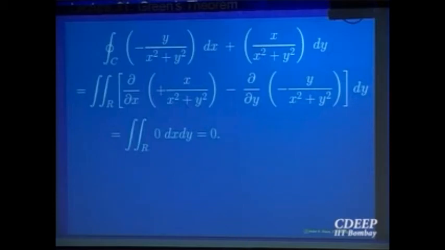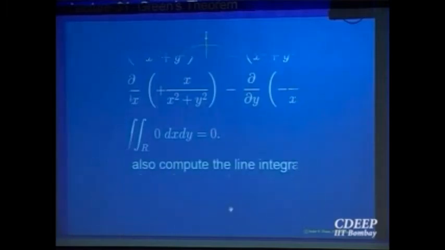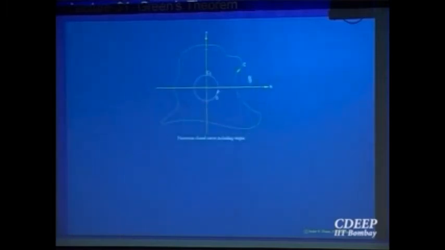Now let us try to do the case when the simple closed curve includes the origin, and see what I can do about it. This is a simple closed curve which includes the origin. I cannot directly apply Green's theorem to the region enclosed by the simple closed curve because the origin is causing a problem. So let us try to avoid the origin. How will I avoid the origin? Let me draw a nice small circle around the origin and look at the portion only outside that small circular region, but inside that curve C.